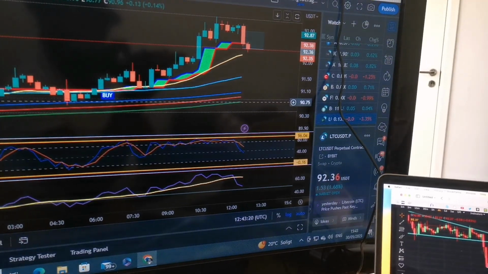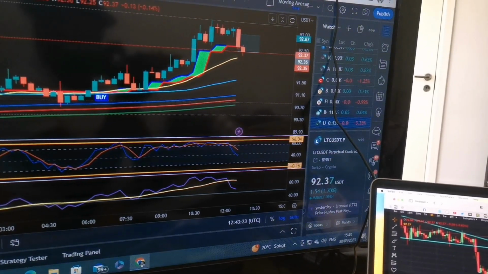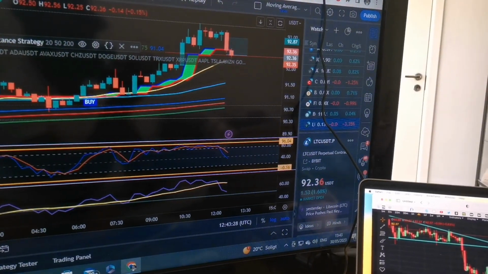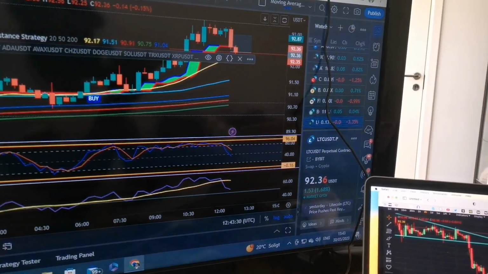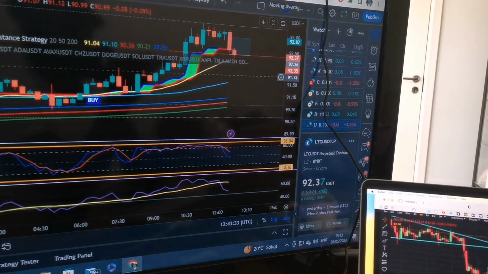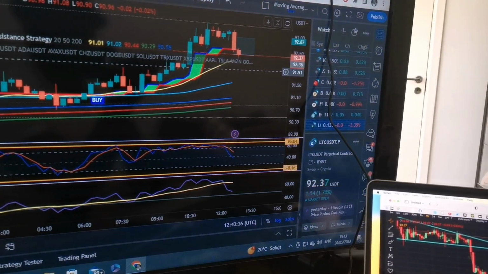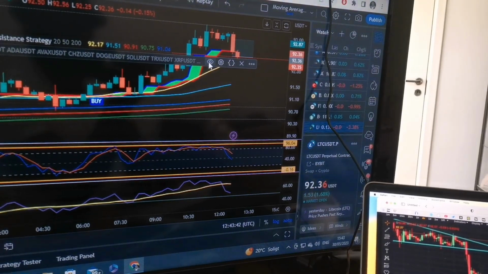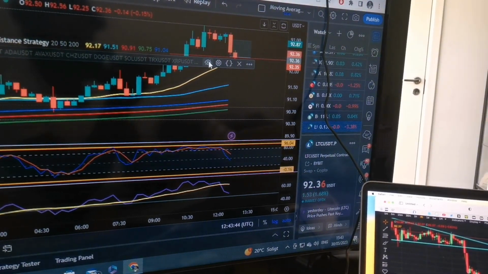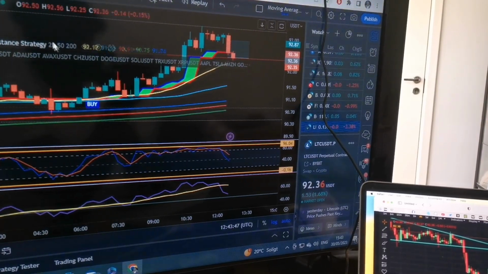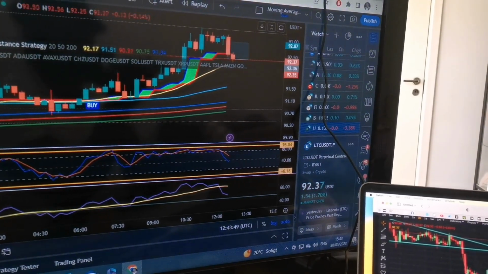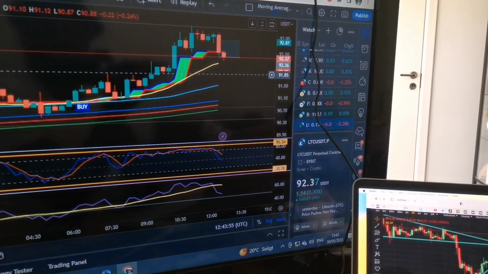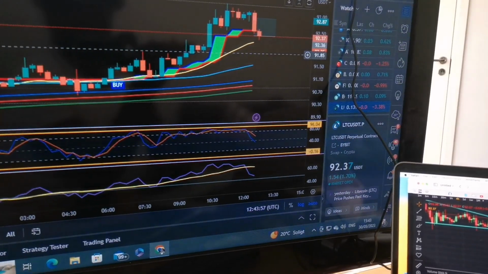You can see here I have two indicators that are showing me different directions of the market. I have this moving average, volume, divergence, support and resistance strategy. I have also this other one. So I use these two indicators to help me know when to buy and when to sell. And right now, I'm looking at the charts, and I think I'm going to place a buy order, but not yet. I'm now looking at the 15-minute time frame, and the conditions that I'm going to use to place this trade